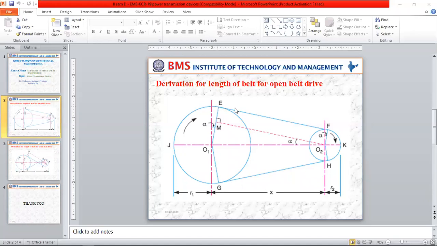So for that, EF is a linear length, and FK is an arc, KH is also an arc. So that's why I'll take it as arc FKH, and H to G is a linear length. And then arc GJ, then arc JE. So these lengths, you're going to get this arc GJ or arc JE or arc FK; arc KH is nothing but a sector length.